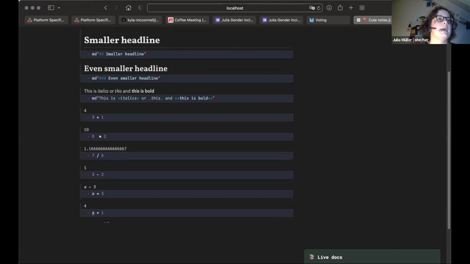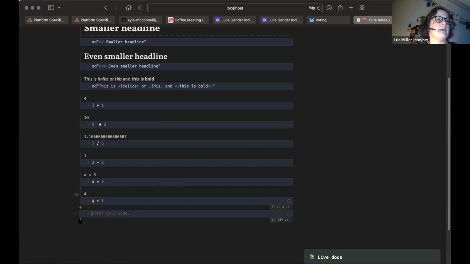Okay. So what Pluto does is if you change the value of a variable, so can you just replace the 3 with 6 or something, some other number, and then run it again. So you can see it changed the result in this little calculation to 7, because even though we didn't run the A plus 1 line, we just ran the A equals 6 line, it knows that the assignment has changed.